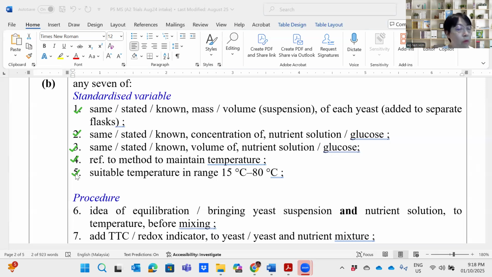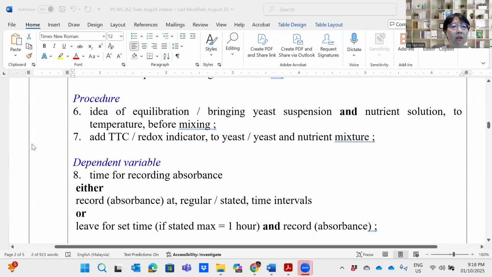Okay. Number 5, suitable temperature. This I mentioned just now already, right? Okay, so these are all standardized variables. See, standardized variables already 5 marks, already 5 marks. So good, right? So for the procedure, remember,